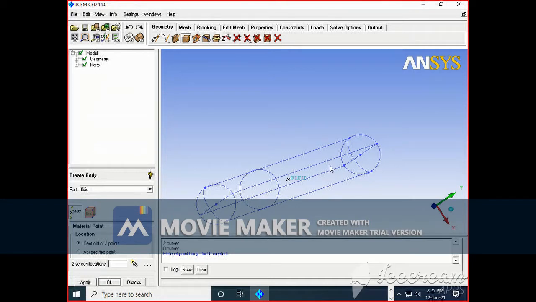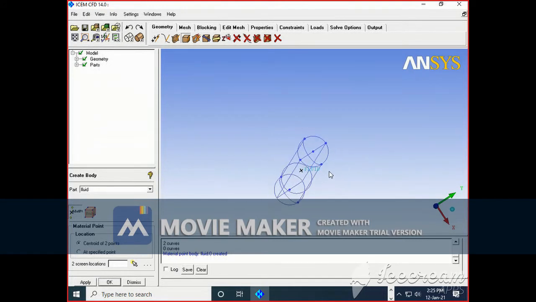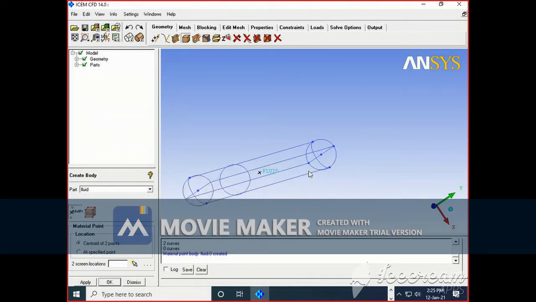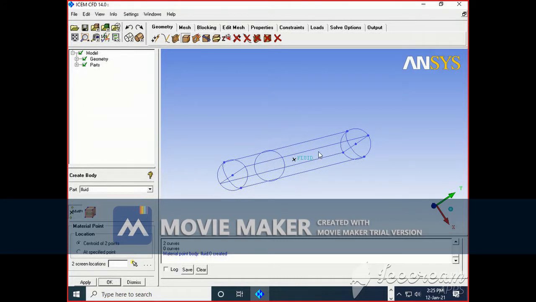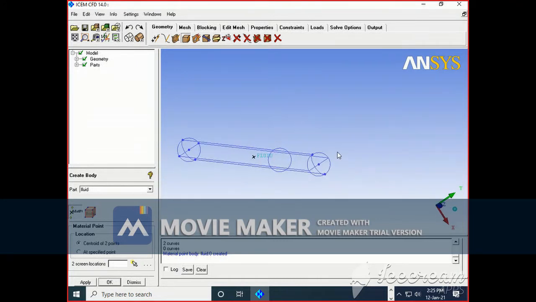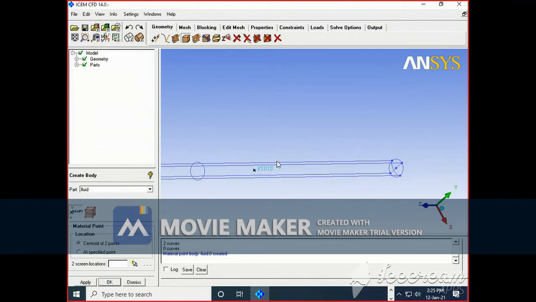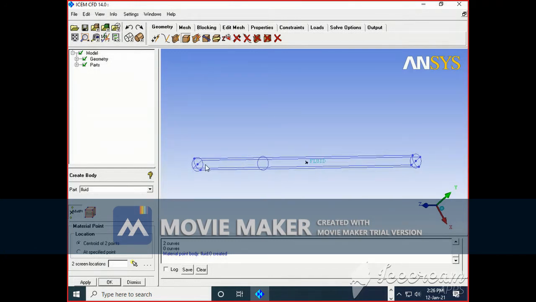That's why I have neglected thickness. But in Fluent, when you are going to solve, if you name this outer surface, how can you give the label? I want to label it. I can say that one part is inlet, another part is outlet, and the outer surface is called wall. So for that purpose, what can I do? I can go to part, say create.